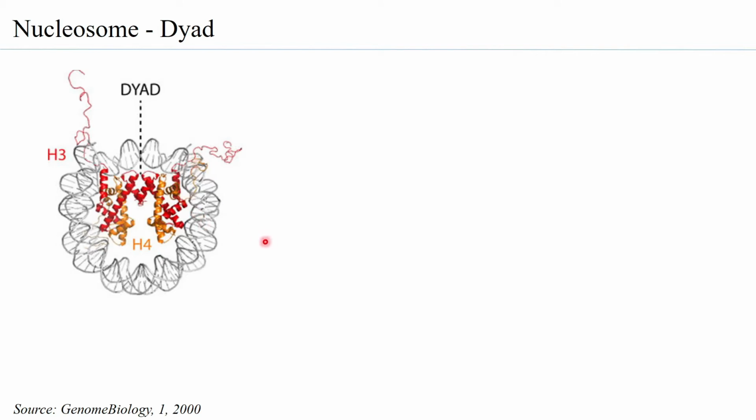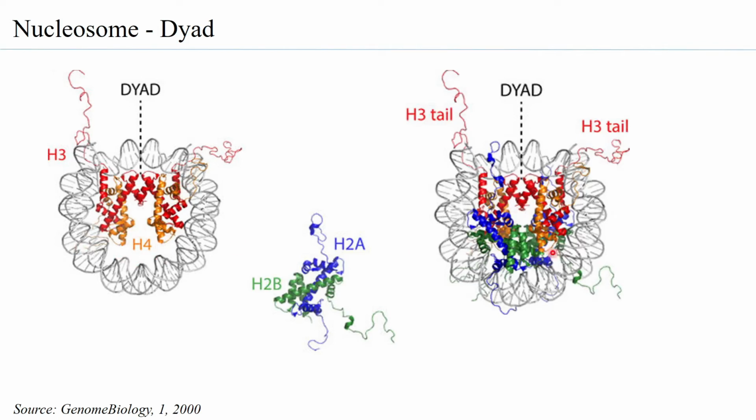Now, what is observed is that when you have the H3, H4 tetramer acting as a nucleation for the DNA to form the coils around it, you can see how the DNA enters from here, forms one turn, and then goes out from here. So this is what is happening. You will find that the entry point and the exit point are in this area, and when you have this nucleation formed, you already have this left-handed coil being formed. So here is where you will have the H2A and H2B coming and assembling to complete the nucleosome.